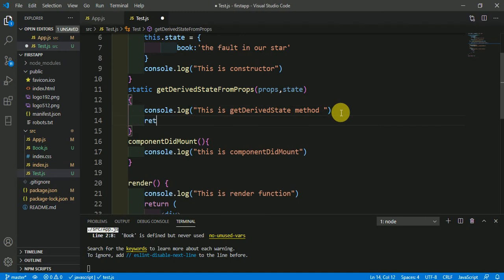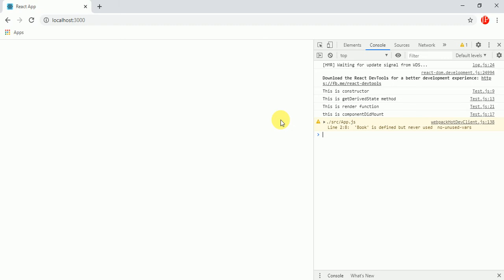Okay, return null, and then there is no error. What I am trying to show here is that first the constructor is executing, second the getDerivedStateFromProps method, third render, and fourth componentDidMount. Means componentDidMount will execute last in all cases.